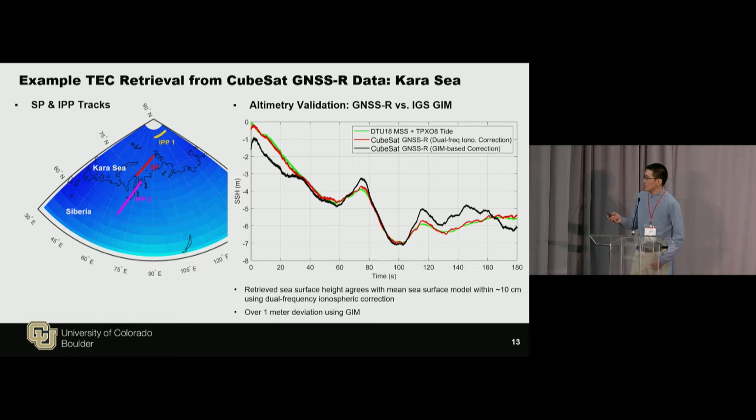And another use of these altimetry results is that we use this to demonstrate that the cycle slips have all been successfully corrected. If there's any uncorrected cycle slip, that will cause error in the TEC estimation, and it will show in these altimetry results as a sudden jump of a few decimeters.